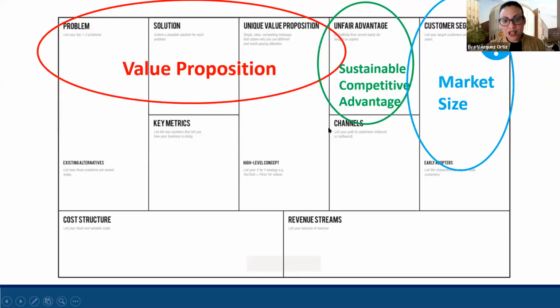I tell my customers, Lean Canvas will help you organize your ideas, make sure you focus on important components of your business opportunities, but you need to go deeper. You need to actually do your homework and understand what's happening. It's not only about the bullets, you need to learn a lot more.